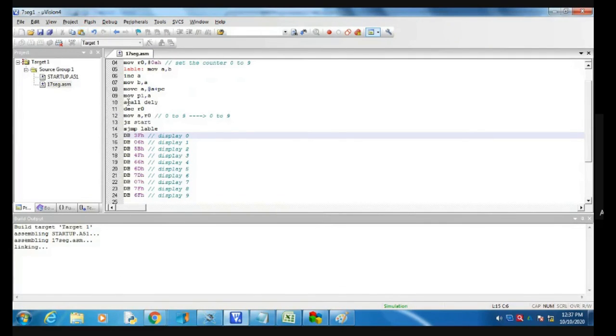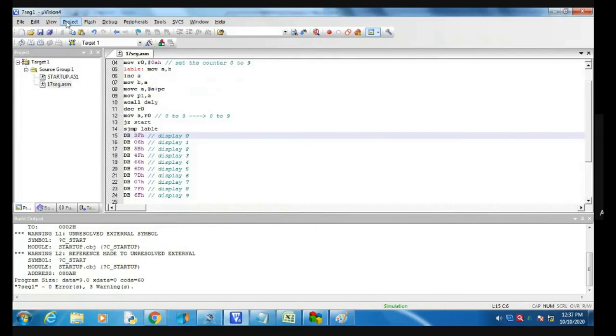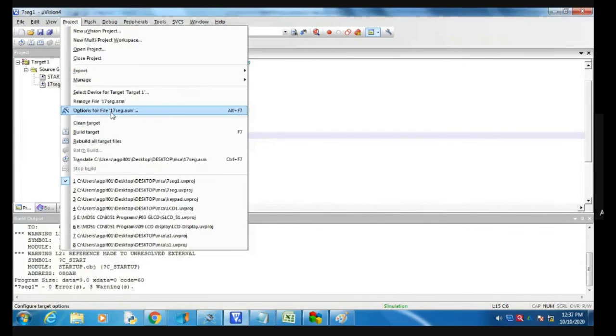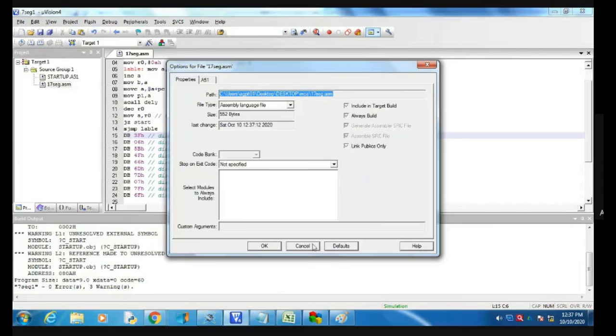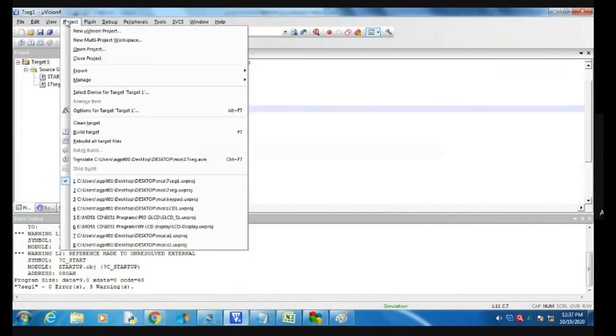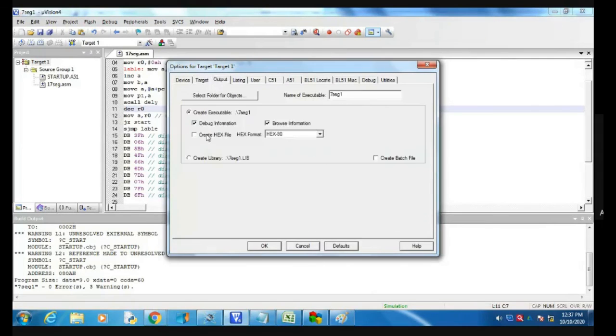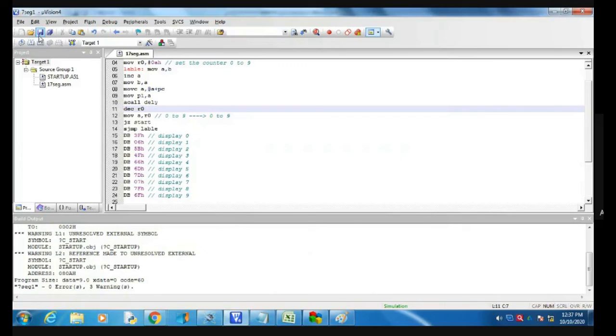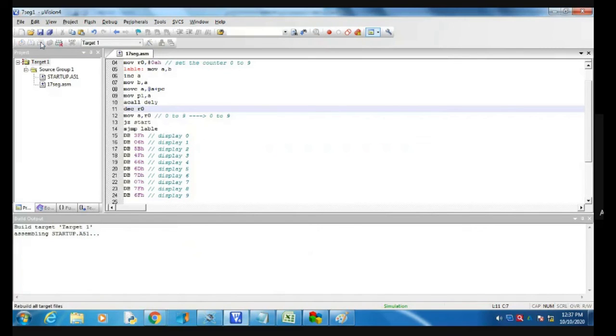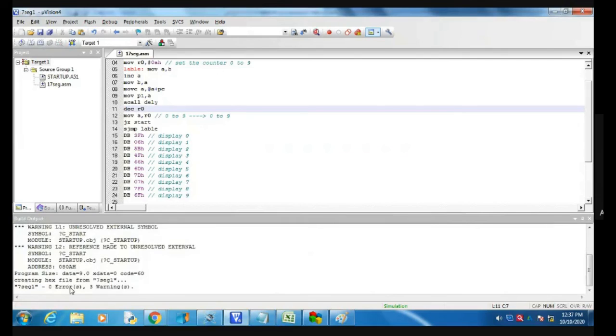I'm going to define the hexadecimal file. Go to the output phase, option of target, output, create a hexadecimal file. Okay. Then again save it and build it. Now it is built.